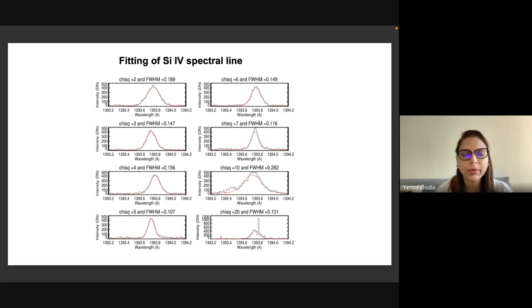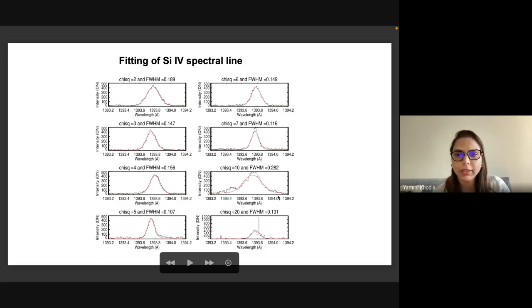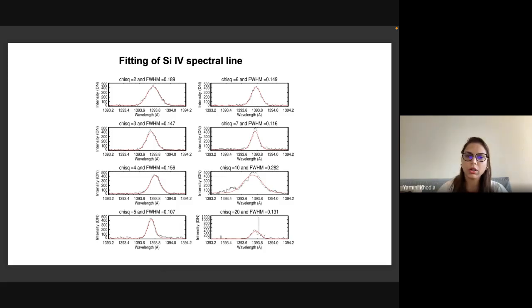Yeah, so we wanted to, because we are fitting, obviously there are certain locations where silicon 4 tends to show non-Gaussian behavior, let's say. If you see, chi-square 10 does show it is not proper. If you take this location, it is definitely not properly fitted with a single Gaussian. So just to be sure that we are taking just the locations which are properly fitted with the single Gaussian,